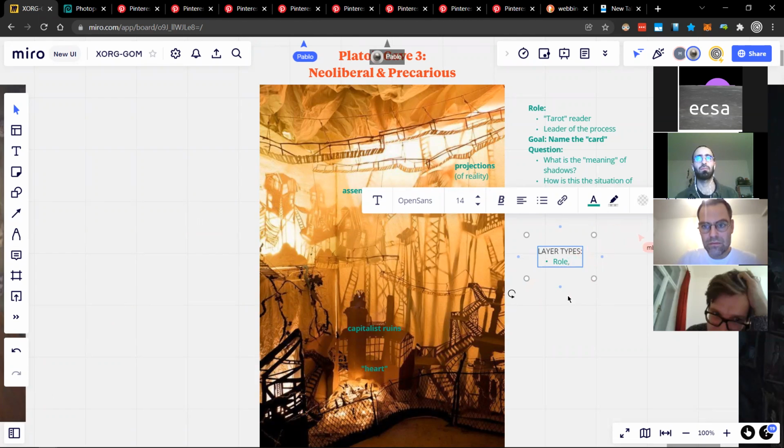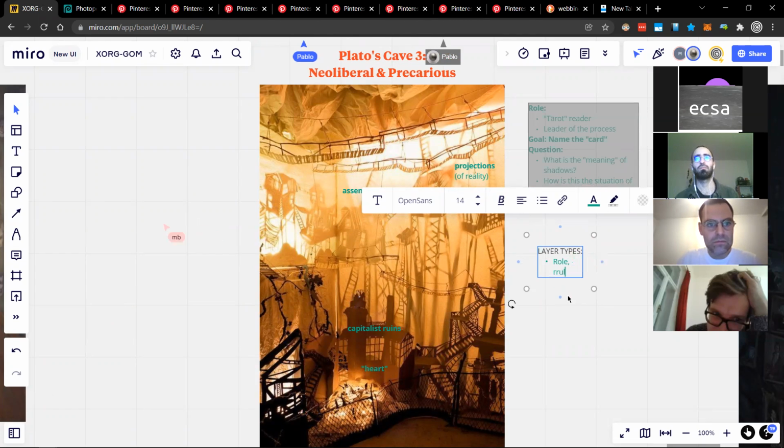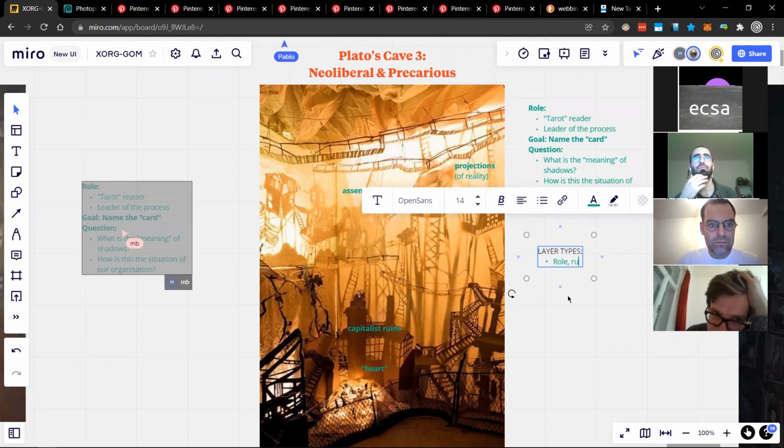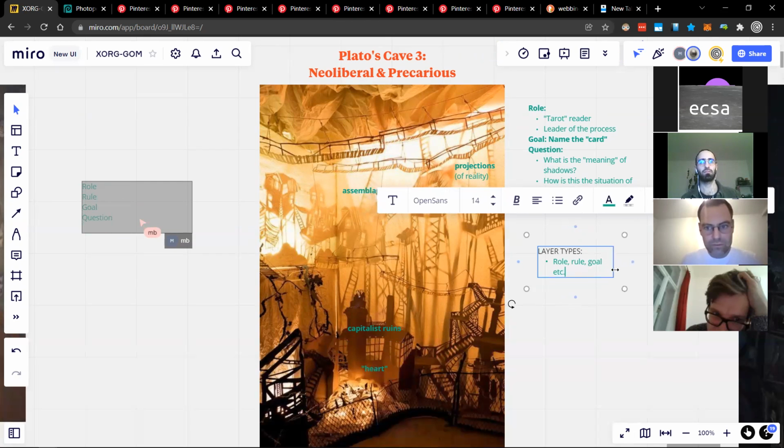So we have this role, rule, goal, and one can put maybe etc., because there might be similar forms like here. Then we can also think of the question. This is a non-exhaustive list. I would make it flat right now.